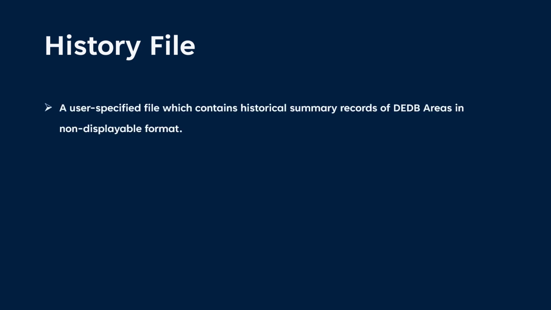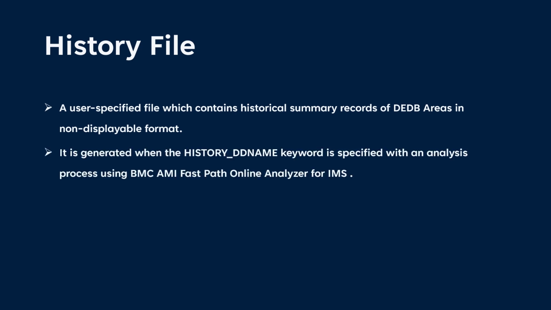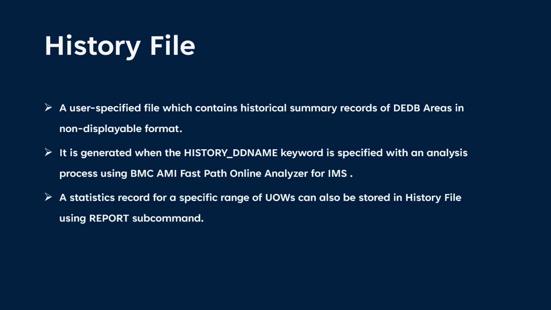History File is a user-specified file which contains historical summary records of DEDB areas in non-displayable format. It is generated when the history_DD name keyword is specified with an analysis process using BMC AMI FastPath Online Analyzer for IMS. A statistics record for a specific range of UOWs can also be stored in History File using report